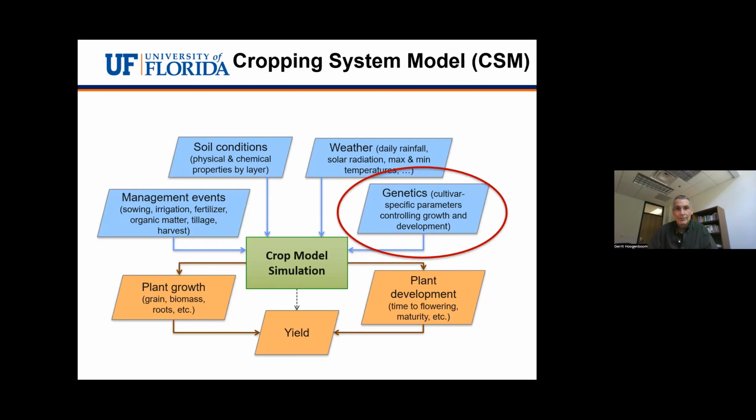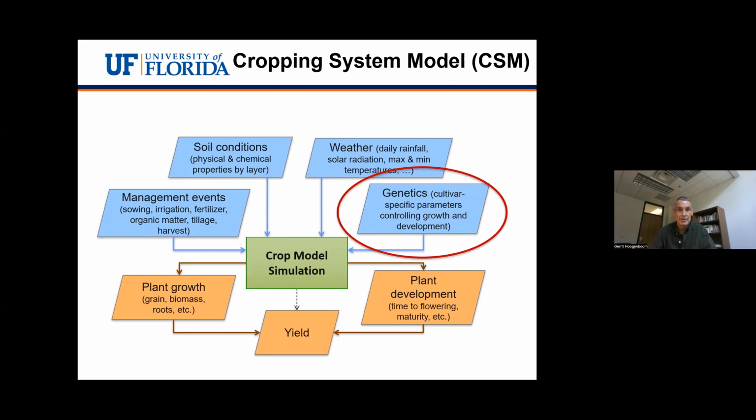So dig a little bit further then into the genetics, because that's part of the seminar that many people are interested in. I talked earlier a little bit about these genetic coefficients, and I also talked to you about this generic crop module we have called crop growth. So we're basically trying to use the same set of equations to predict growth, development, and then yield for different